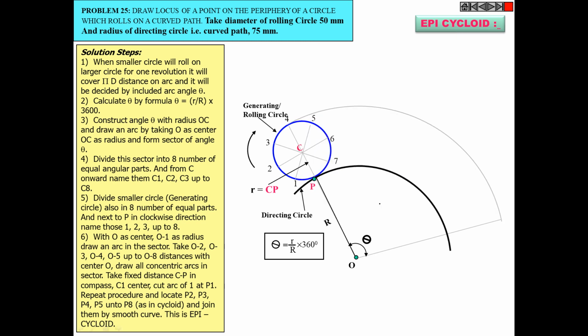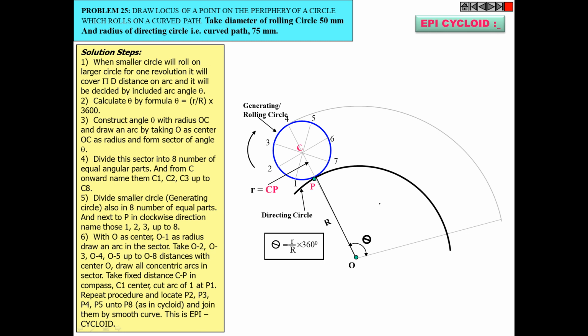Sir, we can use a compass, placing it at the extreme left and bisecting in the middle. Yes, I'm coming to it. For that, always remember, don't use the protractor method, because in the exam I will give a value such that when you divide this theta into 8 equal parts, it will not be a whole number value. So that's why I'm telling you, don't use the protractor method. You use the compass method.